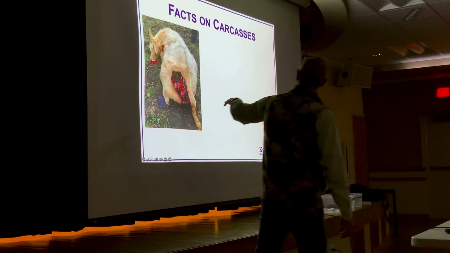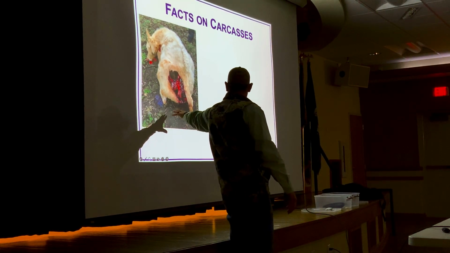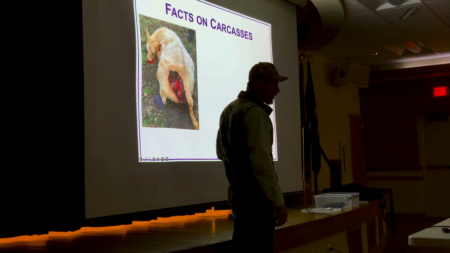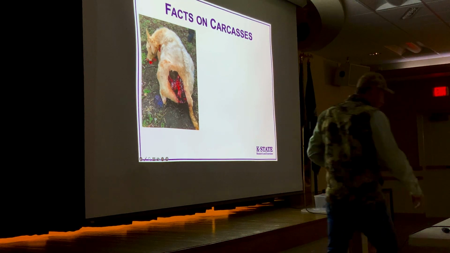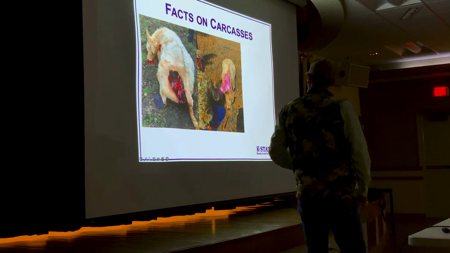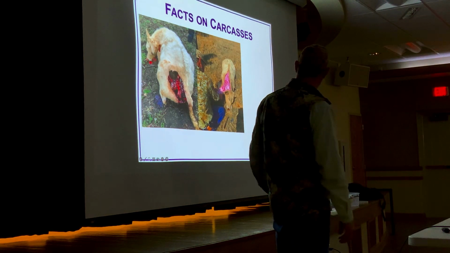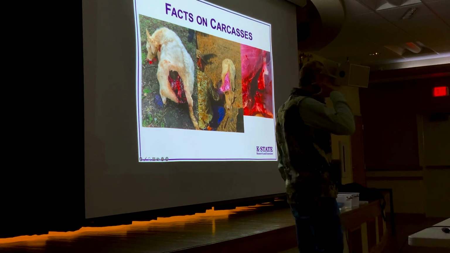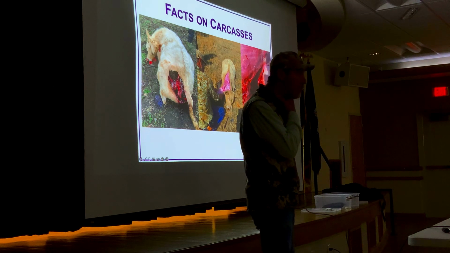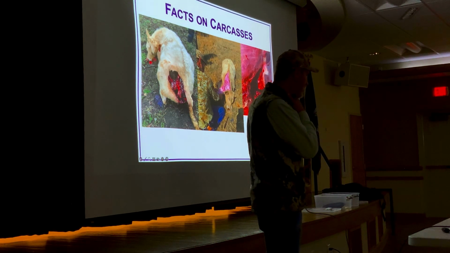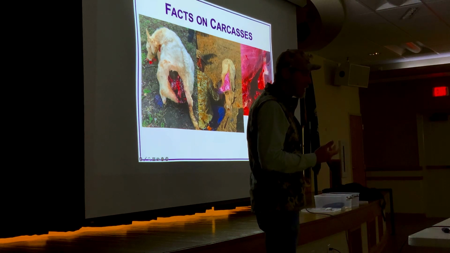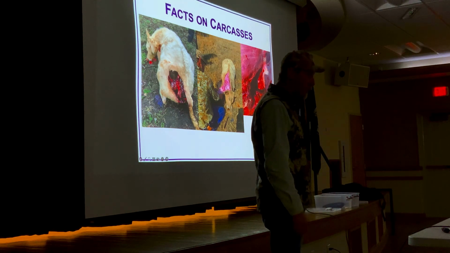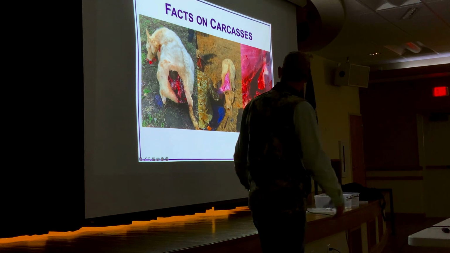The amount of blood, there's a lack of blood on the ground. There's some, but there's not a lot. There's some leakage there from the carcass. There's hardly any blood on that white fur. We ought to be seeing lots of blood on that white fur, but I still go ahead and skin that animal out, look at its throat, see if there are any subcutaneous areas of hemorrhaging and that sort of thing that would indicate a lethal wound around its neck. We didn't find those. This producer was convinced it was a mountain lion. So I went above and beyond and skinned the animal, even though I was pretty sure that that wasn't the case, just to make sure that it wasn't.